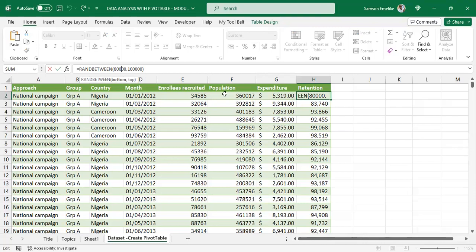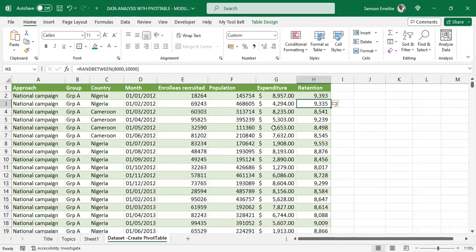So let's say we have 8,000, and then here we have 10,000. It should not be more than 10,000. So here we had 18,000, and then here it came down to 9,000. So this is a better